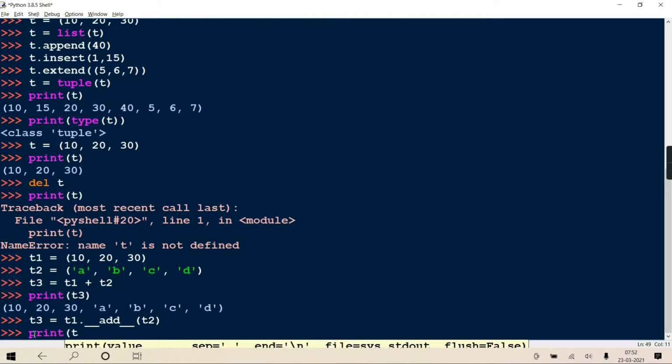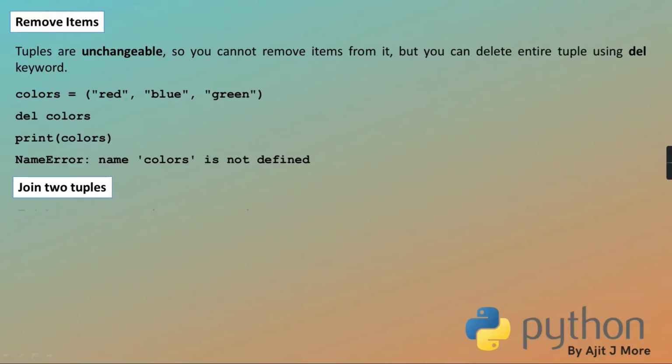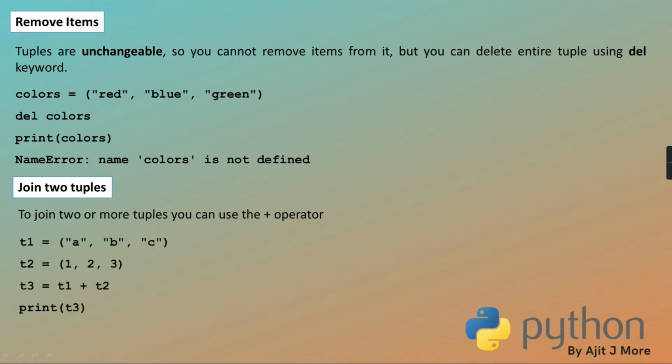Here also the same thing: if you check T3, it will display all the elements of T1 followed by T2. Getting clear? I hope it is clear to you. So to join two or more tuples, you can use the plus operator directly. Plus is being overloaded. Okay?